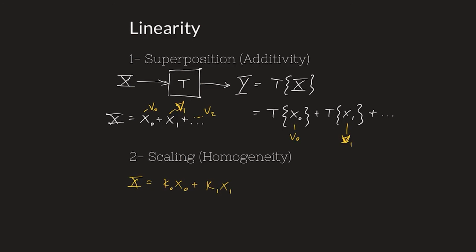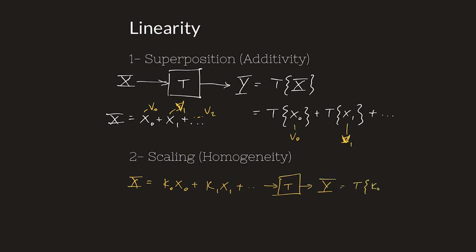The length of it is just 1. So then we can define the amplitude of each of these x's in the k's instead of in the x's themselves. So then the scaling property says that if you put these into your linear system, then you're going to get out